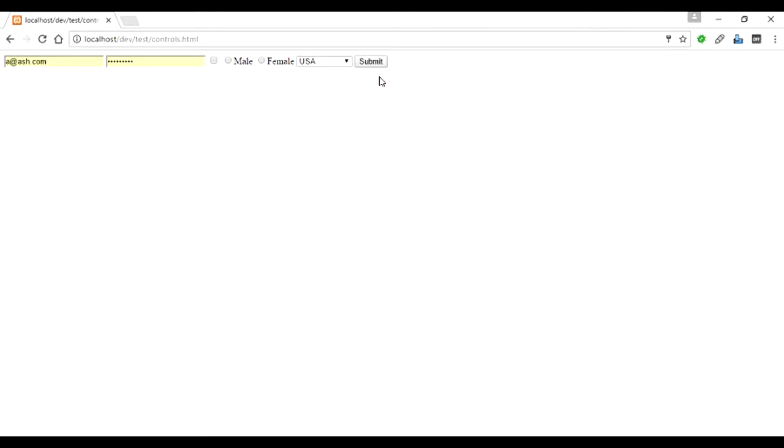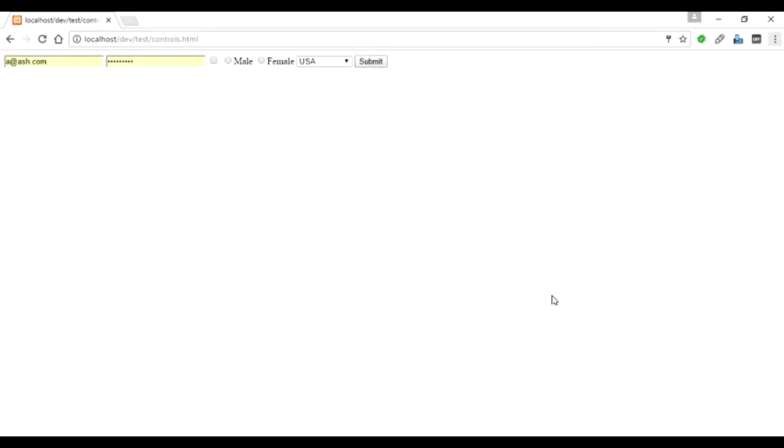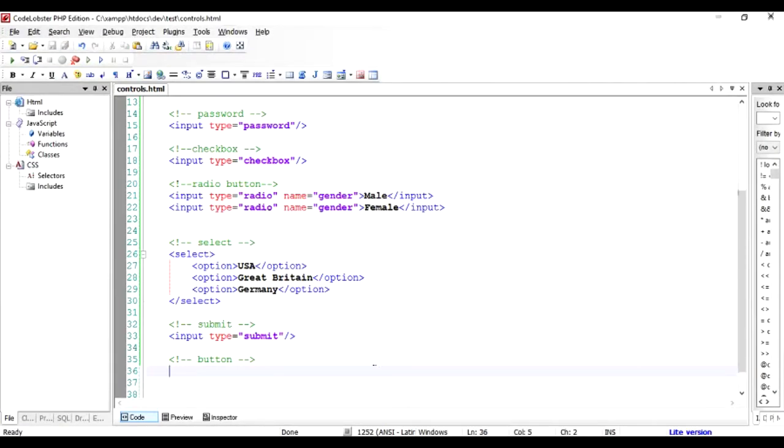So you can see here that the submit button has been created, and this is clickable. Right now nothing is happening, but this is clickable. Okay, and the final part, the button itself, which does not fulfill the role of submit. It can, but we don't want it to be submitting the form. Instead we want it to do something else, like validate some value on the front end itself. To do that, we're going to use something called button